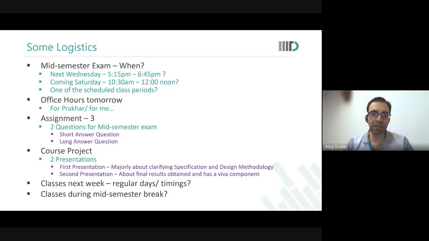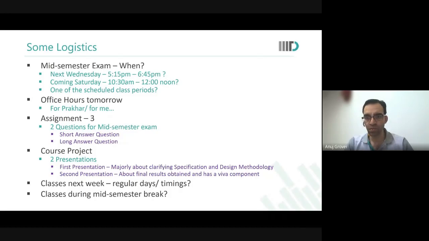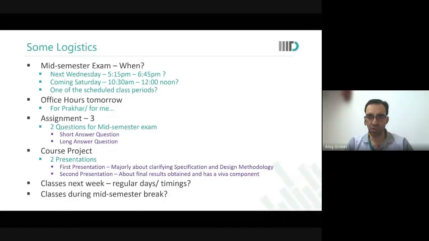As I had mentioned, we are going a little slow. So चलो उससे पहले office hours tomorrow. So Prakhar was asking me that since we have quizzes on Wednesdays, it might be uncomfortable for you guys to attend the office hours on Wednesdays, and therefore he was willing to shift his office hours to Thursdays or Fridays if needed. So any suggestions for that? Do you guys want that to happen? Yes, sir. Yes, sir. I agree with this.